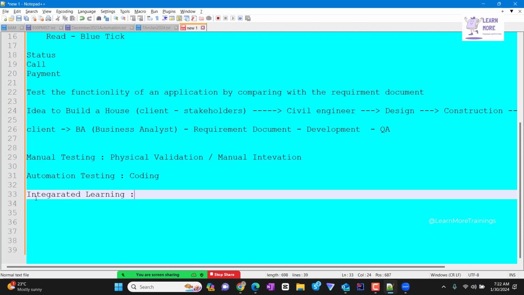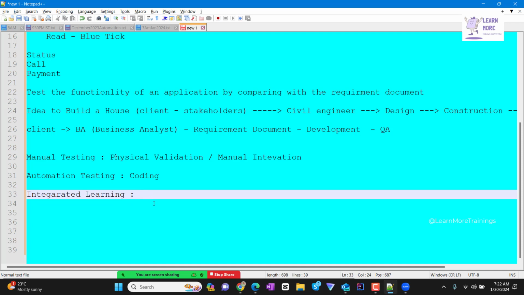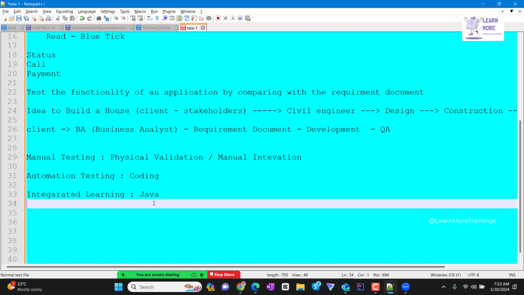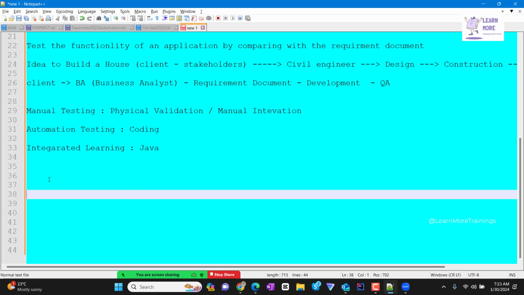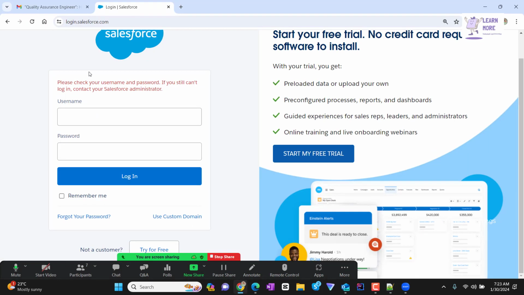In order to do the coding, we may need to have the knowledge of any of the programming languages. So here, as part of our training, we are going to use something called Java. And then we are going to test the application. The application can be available in various forms. Various forms, in the sense, if you see where I have opened this